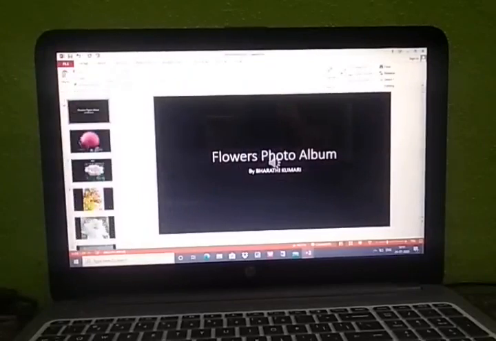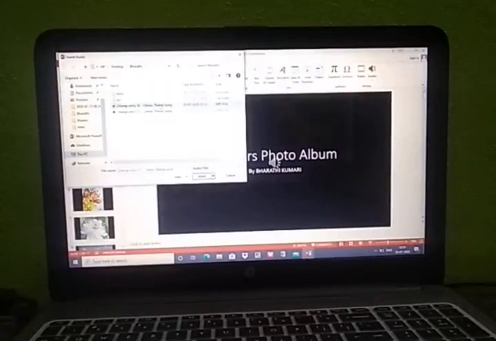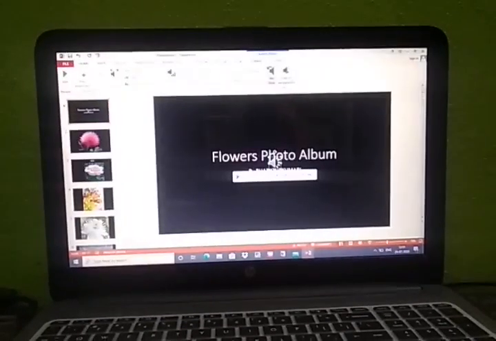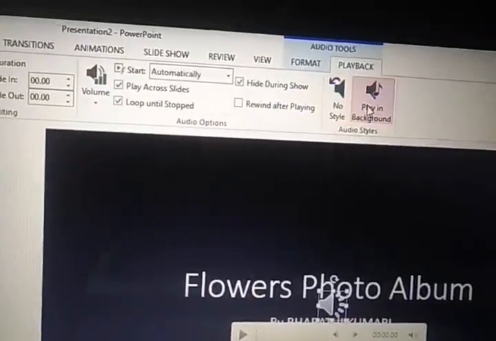So when you insert any audio, you will get audio options here. So this one I inserted. See here, these are the audio tools. Here you can play in background.